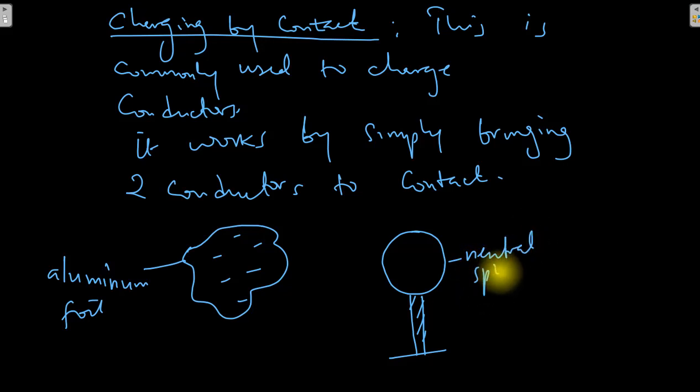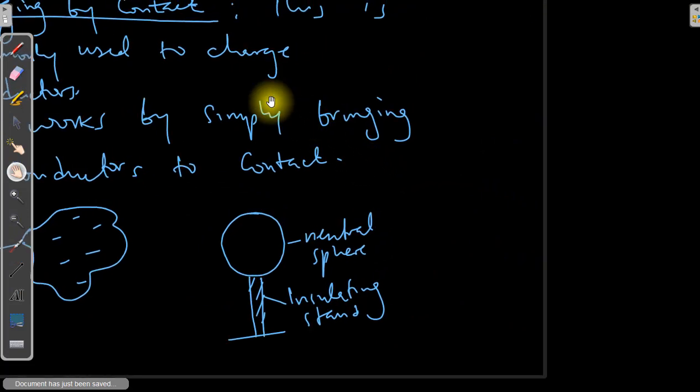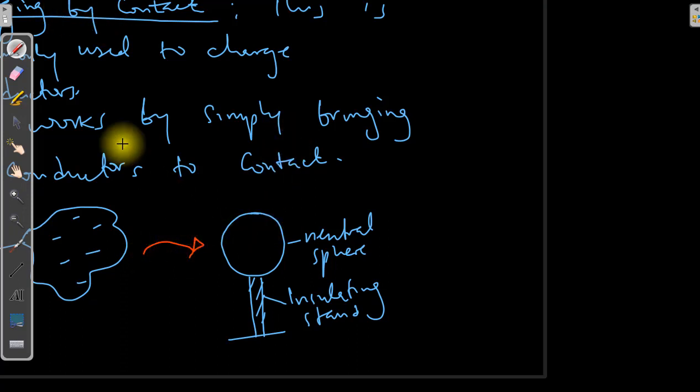So this is a neutral sphere, this is an insulating stand. If I do this, then I bring the two objects in contact. So if I bring the two objects in contact, basically what will happen is that at the end of the experiment,